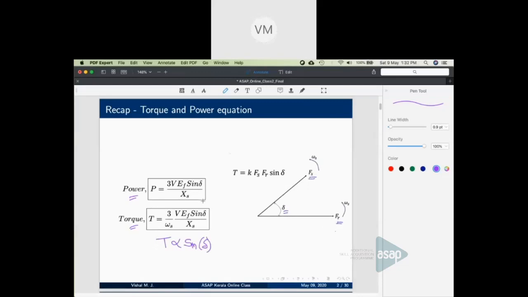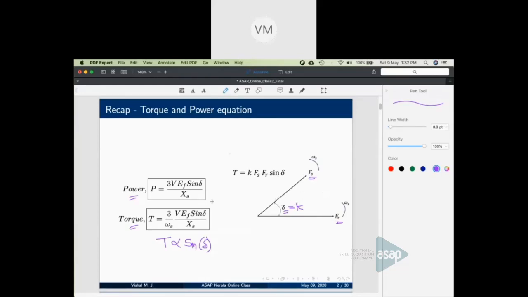Not just that, we have also seen that for a steady non-zero torque to be produced by any motor, let it be synchronous machine, induction machine, DC machine, or any other machine, the relation to be held is that delta has to remain a constant. Mathematically, delta has to remain a constant. In literal terms, it means the fields Fs and Fr, the stator field and the rotor field, have to be stationary with respect to each other. Not in absolute terms, but with respect to each other, that is, relative speed must be zero.